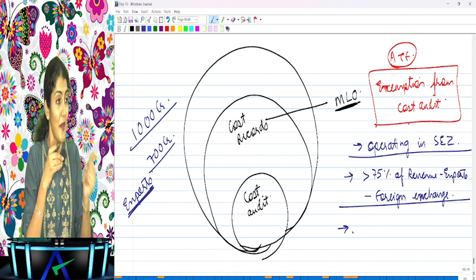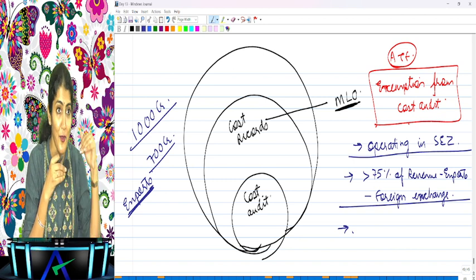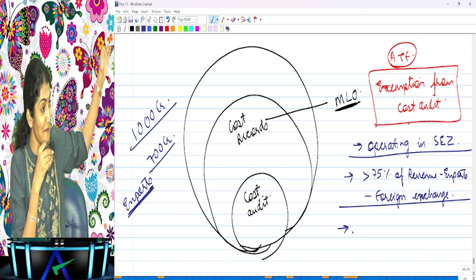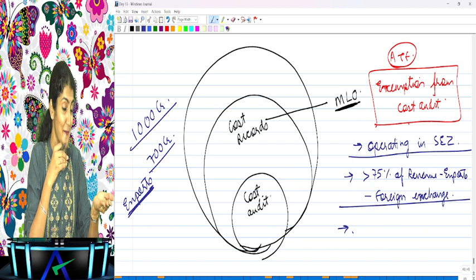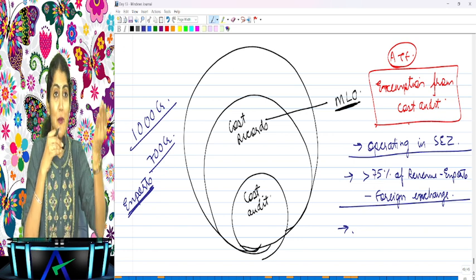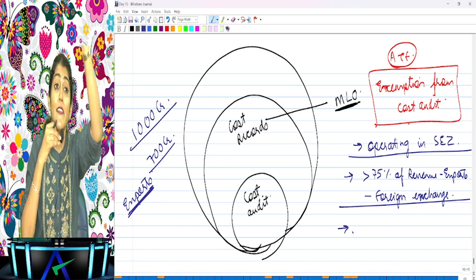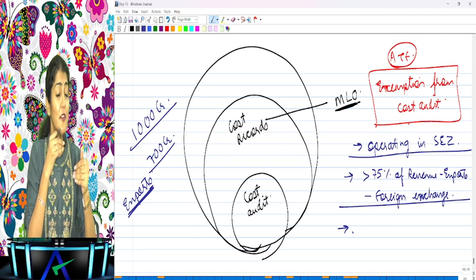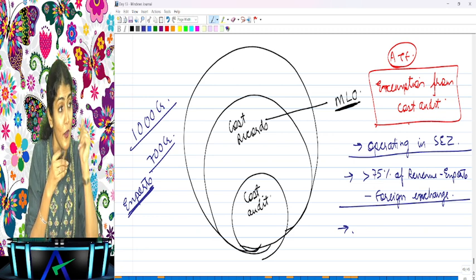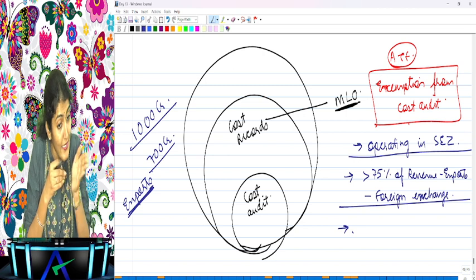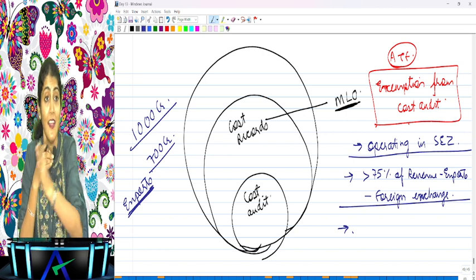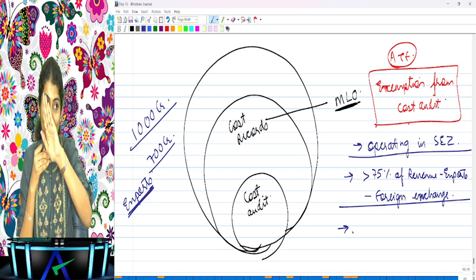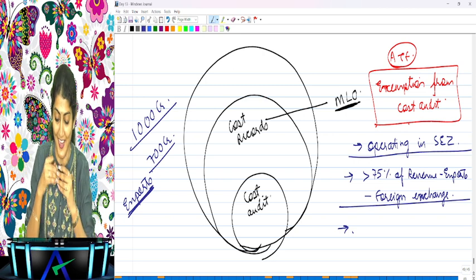Yes. Because only some of you are still thinking no. Okay. Right. What does it say? If more than 75% of the revenue is coming from exports through foreign exchange, then no cost audit needs to be done. Here only 70% of the revenue is coming from exports and foreign exchange. So do they need to get a cost audit done? According to me, yes, they need to get a cost audit done. I don't know what you think. Okay. Wonderful.